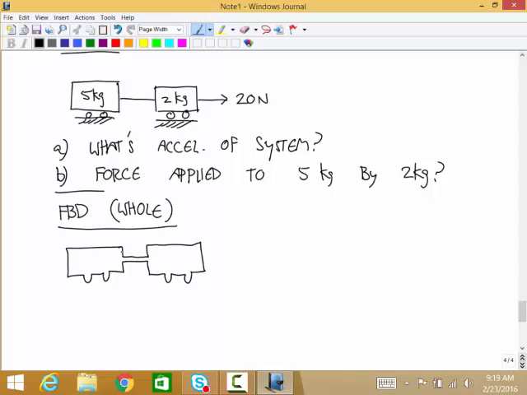Okay, so there's the outline. I'm going to treat the weight as a single weight, but you can do it as a weight coming from each of these. The total mass is 7, so this is 7 times 9.81, 7g, that's 68.67. And then I'll treat it as a single normal force. That's not coming into this problem anyways, so I'll just say there's a pushing contact from the combination of all the wheels of N. And then going around the boundary, the only other contact is with this 20 Newton force.